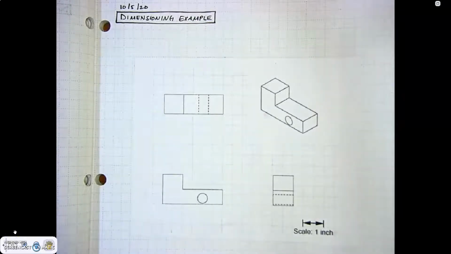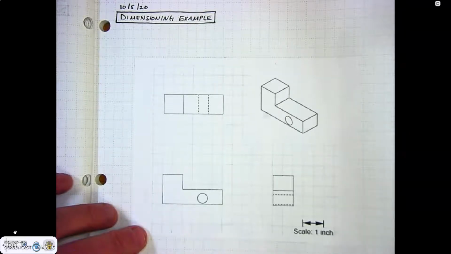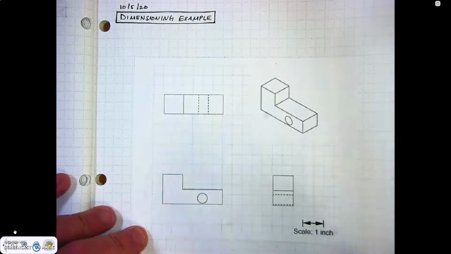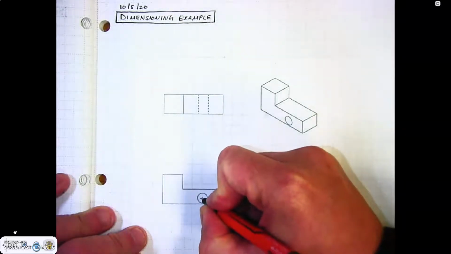We're going to go over the steps on how to accurately and correctly dimension a multi-view drawing. And so here we have a part drawn. The first thing that we're going to do any time that we are dimensioning a part is put in center marks and center lines where they're needed. And so we have a hole in the front view of our object. So I'm going to go ahead and put in a center mark